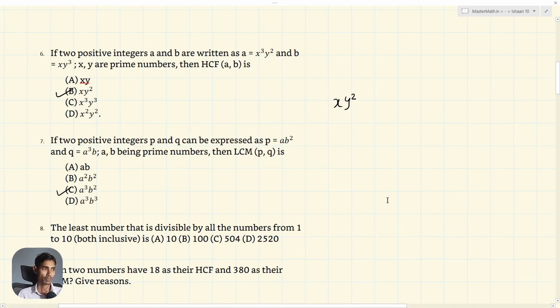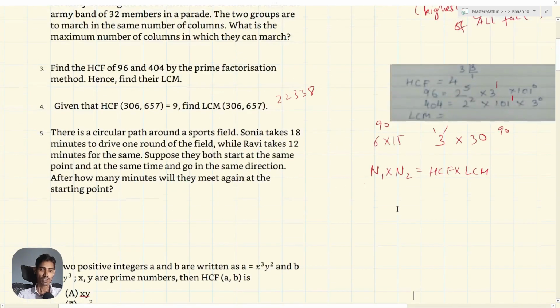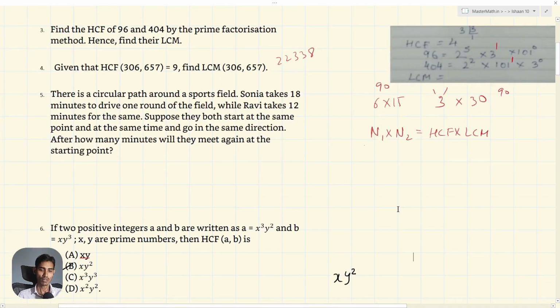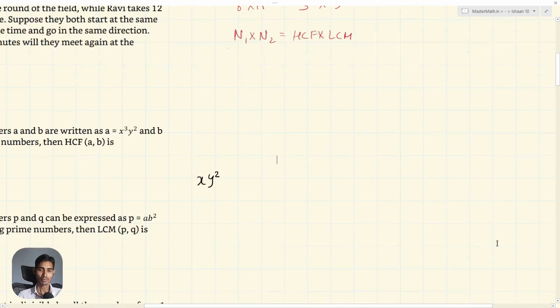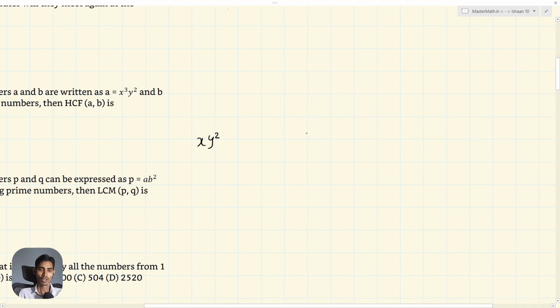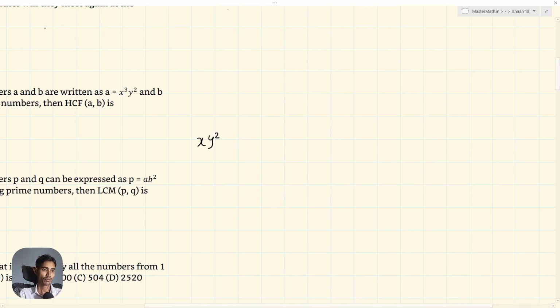Prime numbers, composite numbers, brief introduction. Then how do we find HCF and LCM? So HCF is the lowest powers of all the factors and LCM is the highest powers of all the factors, and we tried a few things. Now there is a small formula, a relation. If we are given two numbers n1 and n2,